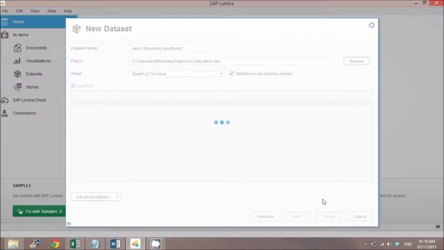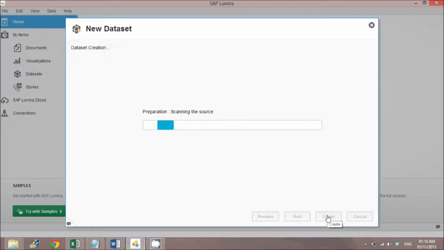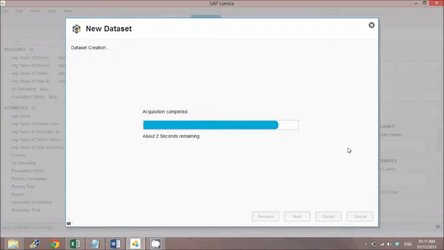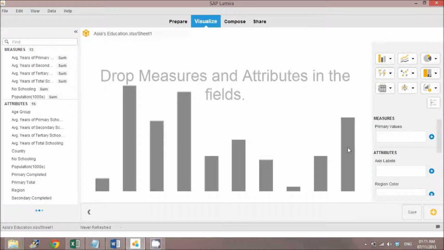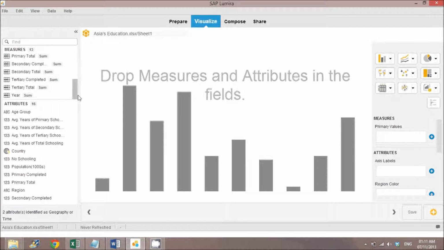This may take some time. Created successfully. Your data set is now prepared and ready to visualize. You can create the measures as per your choice and the attributes through which the analysis of further graph studies can be followed.